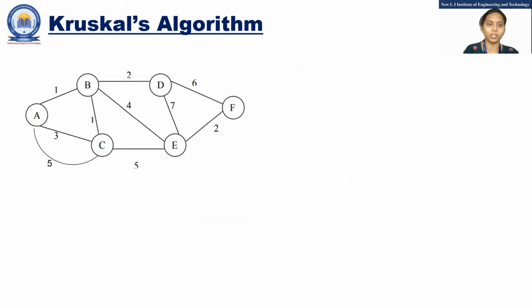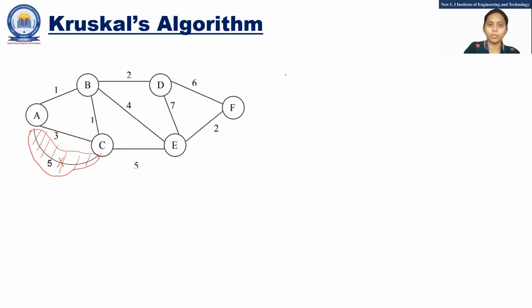A and C are connected with a 3 weighted edge and a 5 weighted edge. Now which edge needs to be removed? In your step it says the highest weight would be ignored because we are trying for the minimum, so the higher value would be ignored. So now if you want to redraw the graph, you can redraw after removing this edge. But here I am just considering it is removed from the graph. Now whatever I am left with, I just have to create an ordered list.